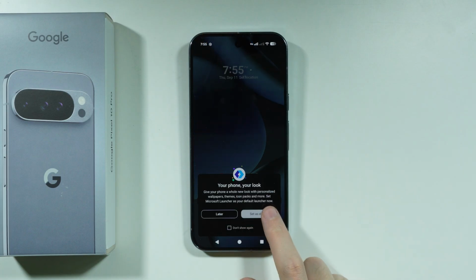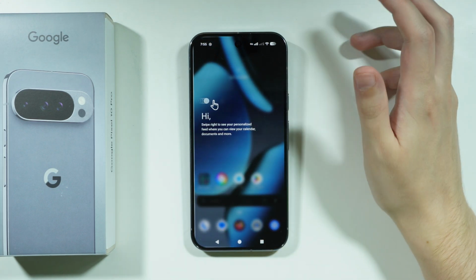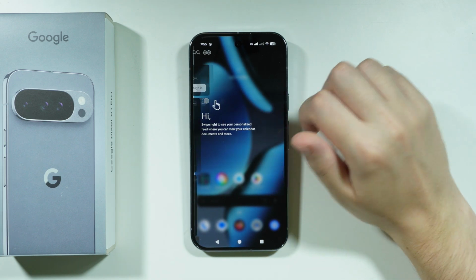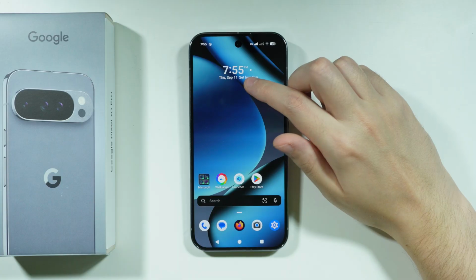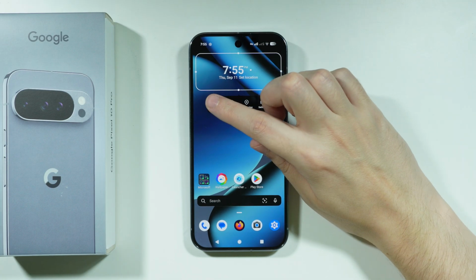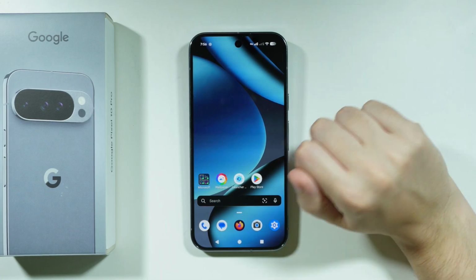There we go. Over here we can press set as default, so we can set the Microsoft Launcher as the default one so that you won't be able to go back to the default launcher. You can stay with it all the time. And there we go. So as you can see, we still have a date over here with the time this time, but this widget can actually be easily removed. Just press and hold your finger on the widget in order to find the remove button,